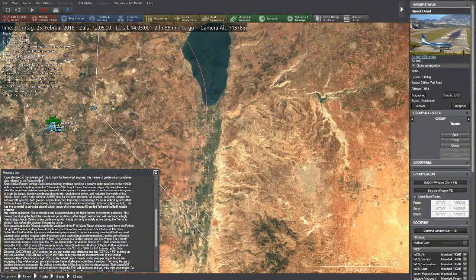And then we have mid-course guidance. These missiles can be guided during the flight before the terminal guidance. This means that during the flight the missile will get updates on the target position and will react accordingly. Terminal guidance refers to any guidance system that is primarily or solely active during the terminal phase just before the weapon impacts